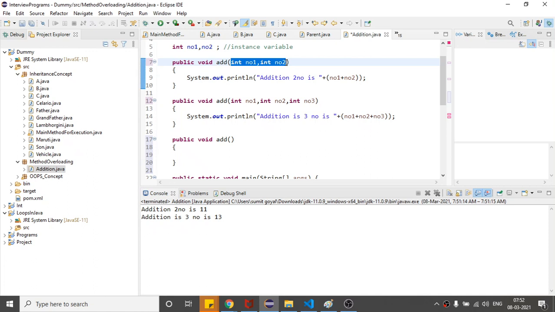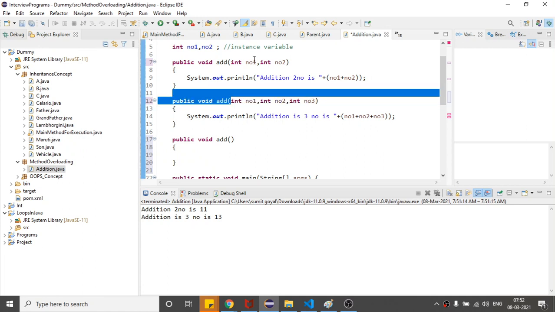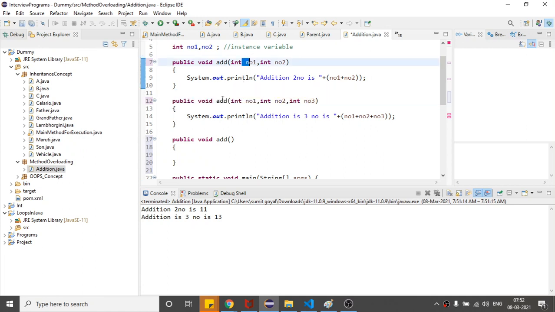So this is possible if you change the number of parameters. Here the number of parameters is 3, here there are 2, but the method name is the same, right? So I am maintaining the readability of my program. And here if I need to add 4 numbers, int number 1, int number 2, int number 3, int number 4, right?